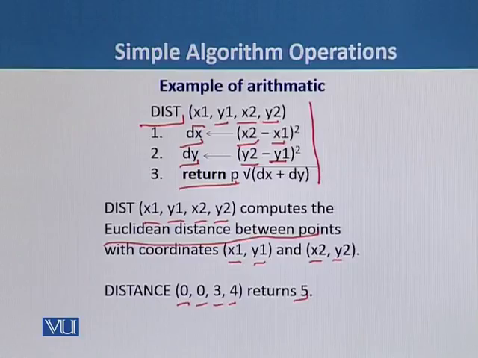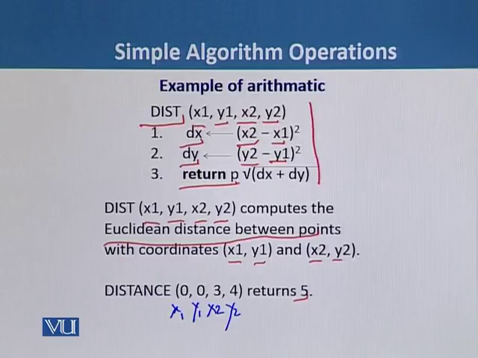In this case, this 0 we consider as x1, this 0 is y1, this 3 is x2 and this 4 is y2. And if we calculate by using this distance algorithm,